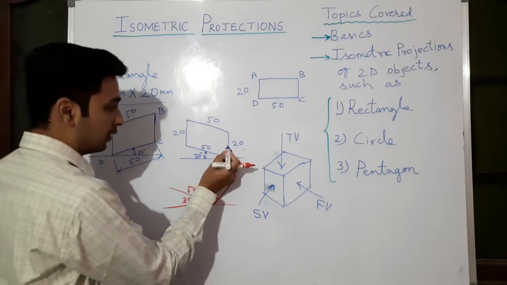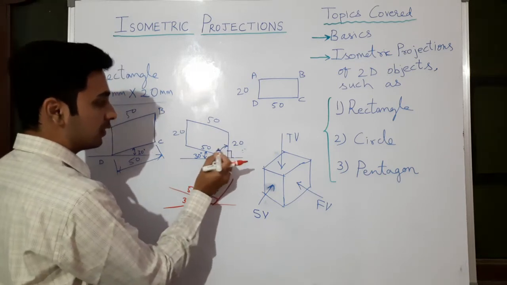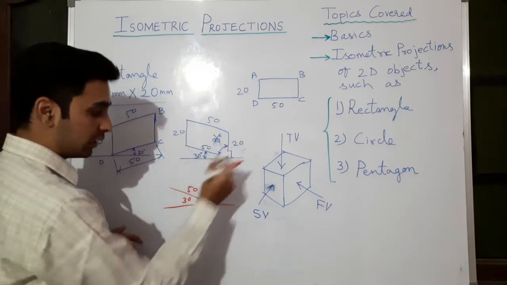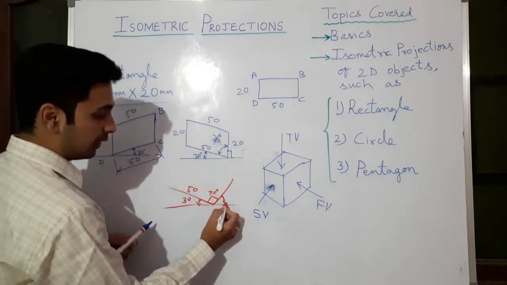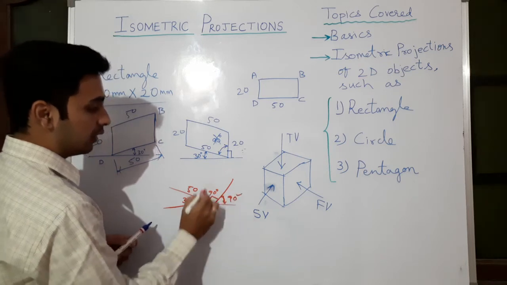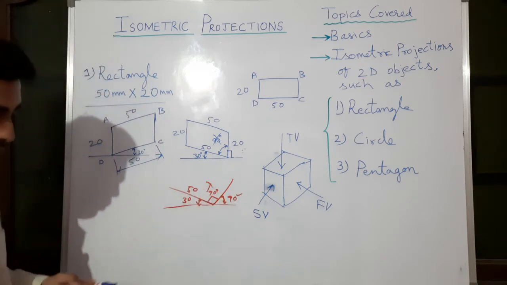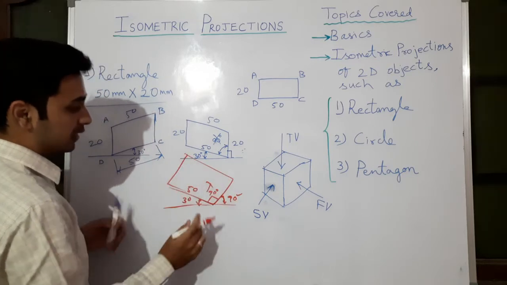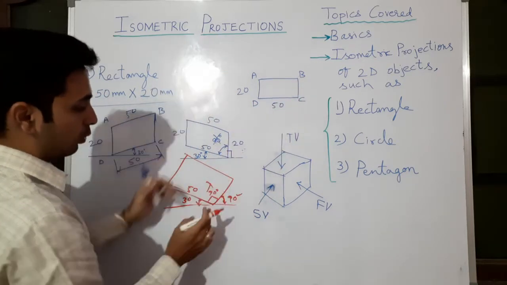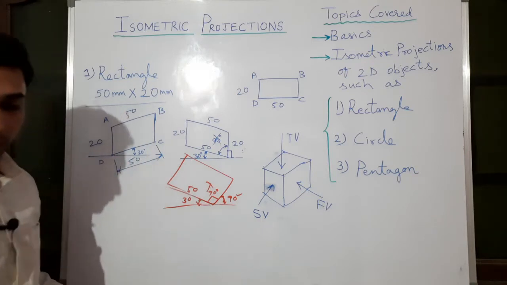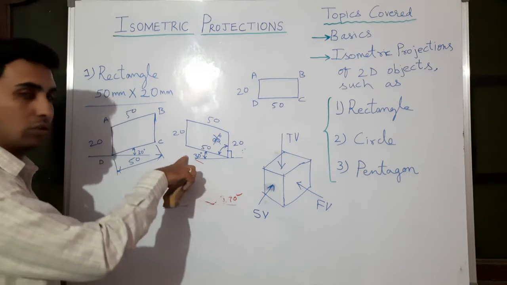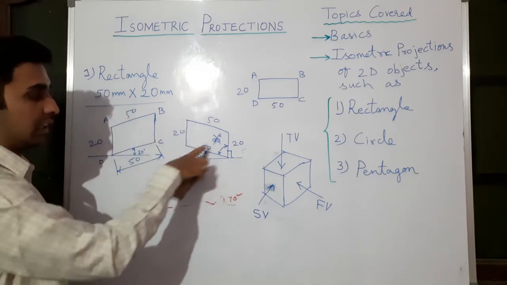Okay, this is not 90 degree. Here outside it should form 90 degree. This must be 90. This should not be 90. So they'll end up with the diagram like this, just a rectangle rotated through 30 degree. That is wrong. So the rectangle we should not rotate at 30 degree. In this, horizontal lines should be rotated at 30 degrees, whereas the vertical line remains the same.